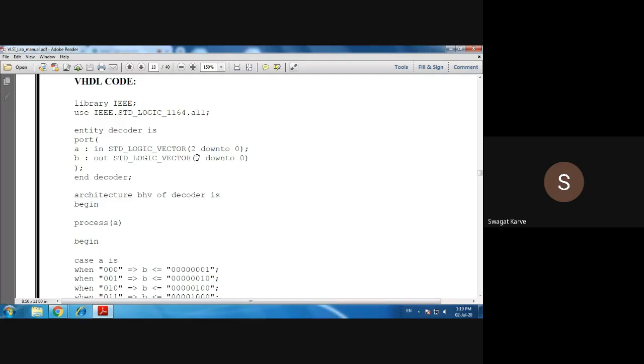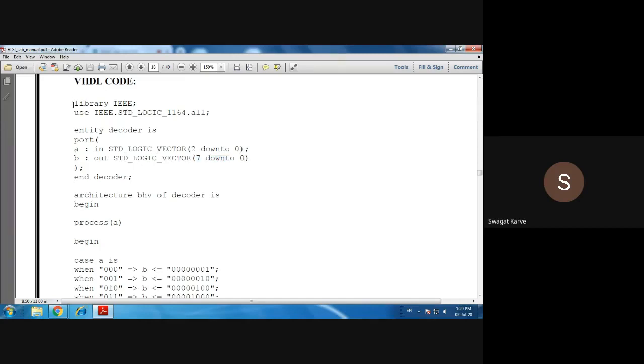कायम लक्षात ठेवा, जेवढे तुम्हाला बिट्स लागणार आहेत त्याच्यापेक्षा एक कमी डाऊन टू 0 असं लिहायचं. म्हणजे इथं आपल्याला 3 बिट लागणार आहेत, 3 पेक्षा एक कमी 2, 2 down to 0. That means it is a 3 bit. आउटपुट is of 8 bit, म्हणजे n-1. 8-1 that is 7, 7 down to 0. In this way you can write the entity part, right?